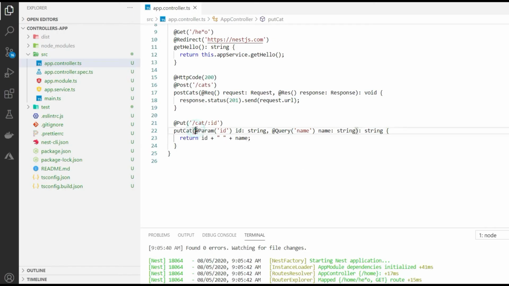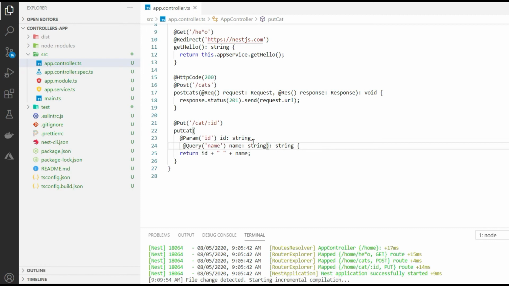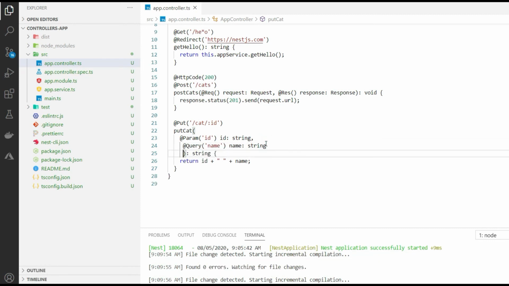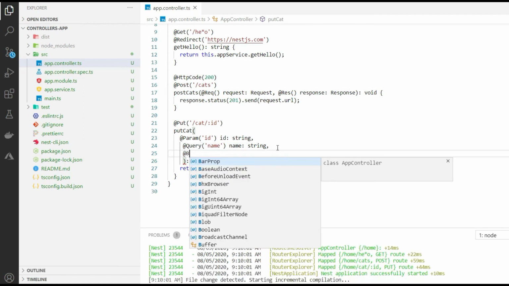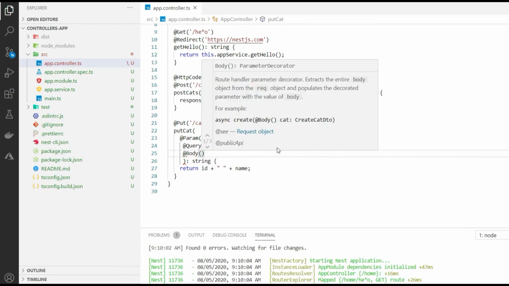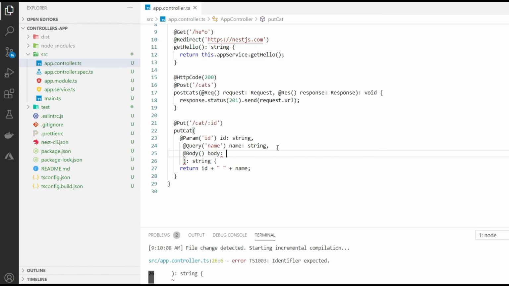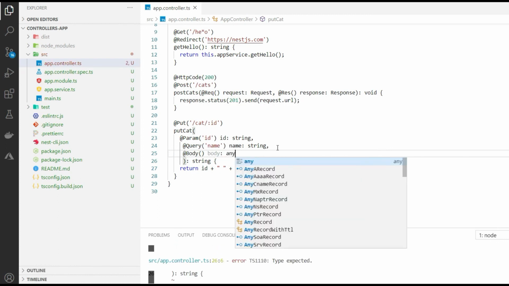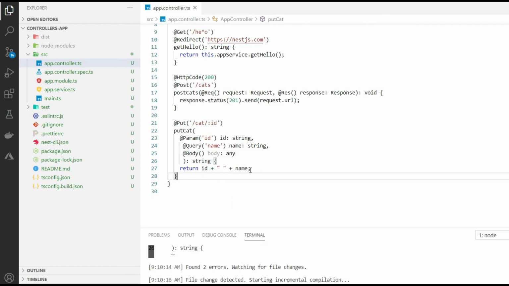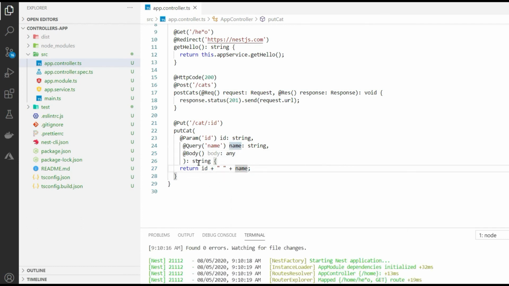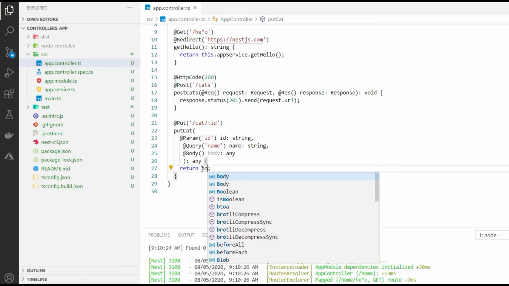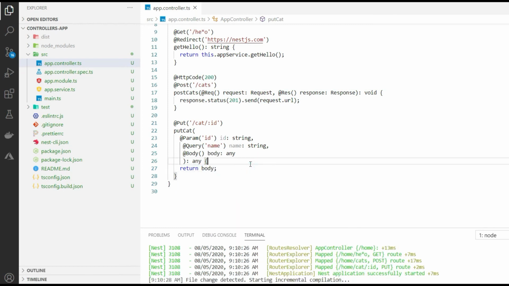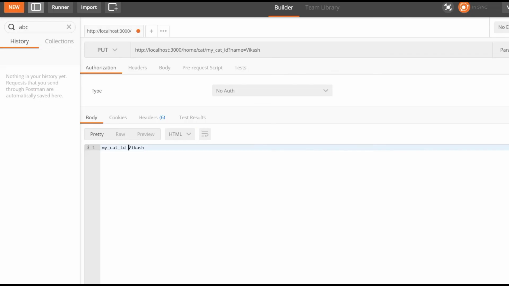We can accept the JSON body using the @Body decorator. So let's accept @Body in my put request, and I'll specify body, and it is of type any, and I'll return any, and I'll just return back the body that I'm getting. Let's verify this.